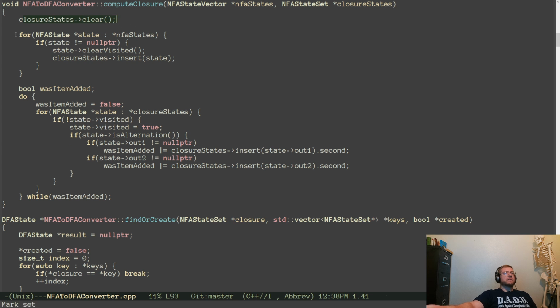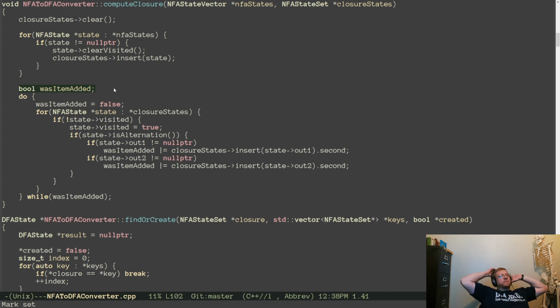Clear them out just in case. For each state in NFA states, clear visited, closure states insert. Okay. So whatever we send in is part of the result. That's all that does.